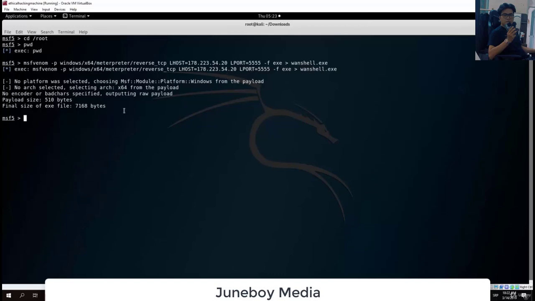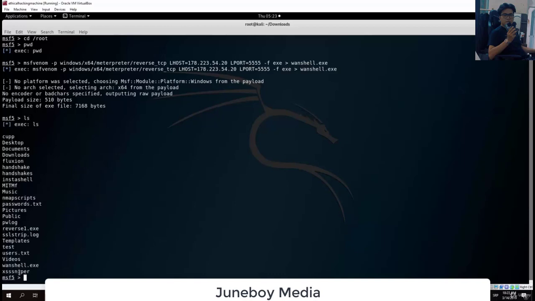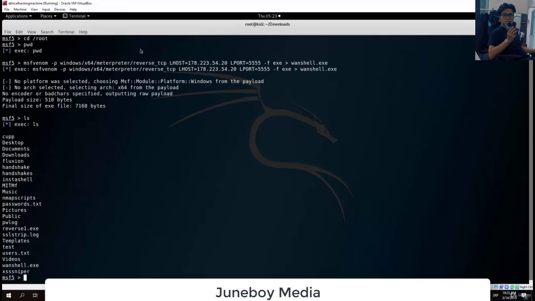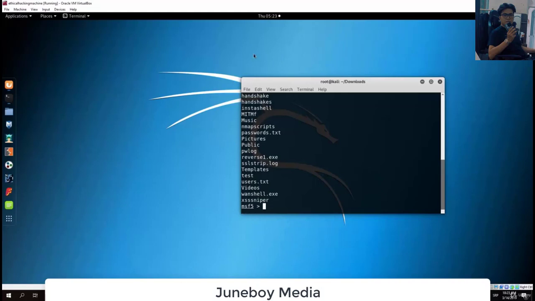So now if I type here ls, we can see that the vanshell.exe is created, and all I want to do is plug in my USB drive, so Kingston Data Travel, or you can actually do it over Apache too if you want to, it doesn't really matter. And what I want to do is copy vanshell.exe,